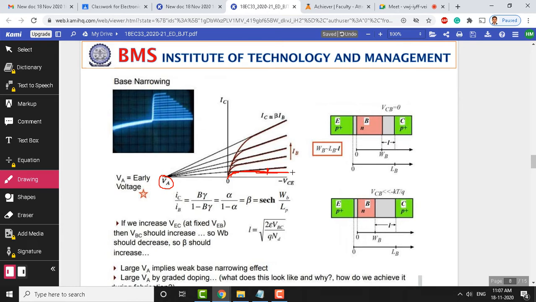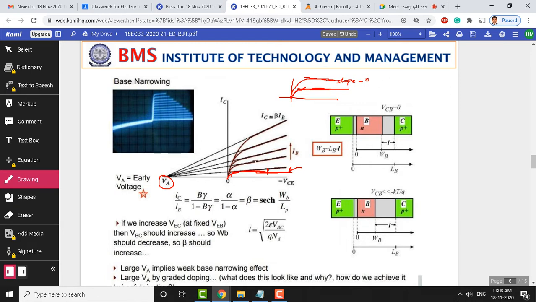When the slope increases, this VA becomes very close. When the slope becomes 0, for a perfect straight line, the curve is something like this. Okay, when we have a curve output characteristic something like this, here we have a straight line, then for these conditions, for this straight line, the slope is going to be 0. When the slope is 0, if you join these lines for all these curves, if you draw the family of curves like these straight lines and join them, they meet at an infinite value. So, VA becomes very large for the curves with the slope as 0.